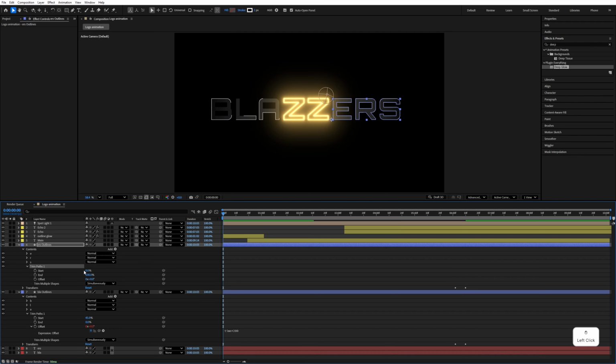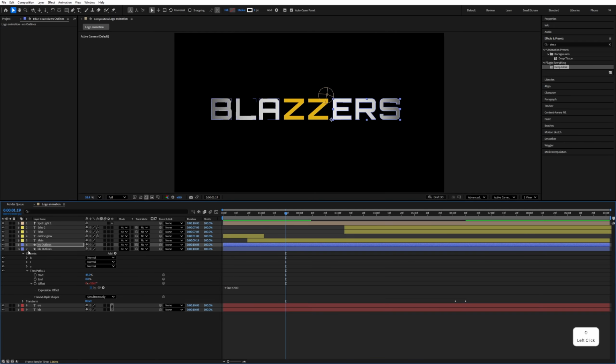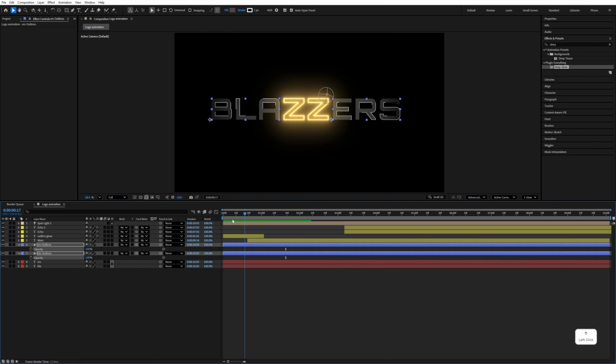Expand the trim path, make the start value 45% and end value 0% and select this offset, hold alt, click on it to add the expression and type time asterisk 200. Alright, so now select both of them, press T and delete the opacity keyframes and decrease the opacity value of this